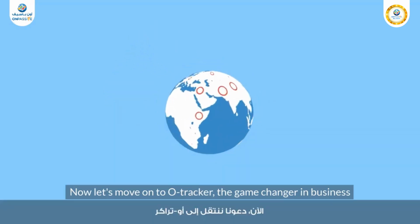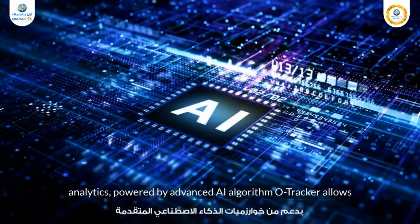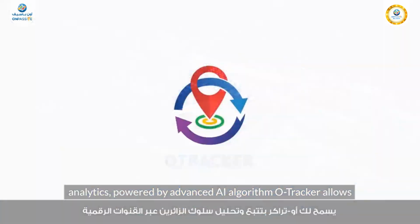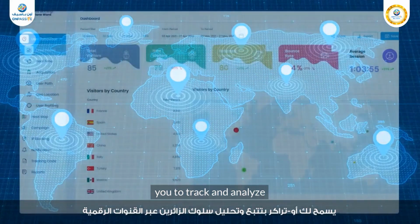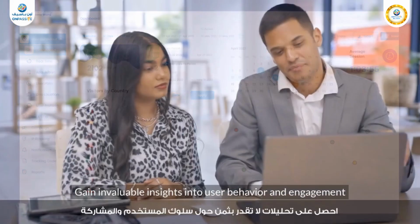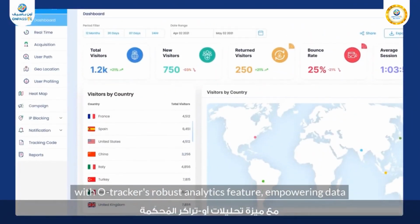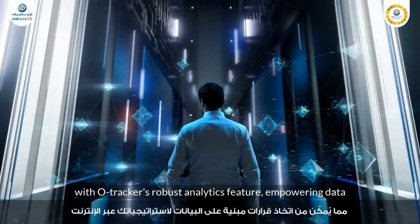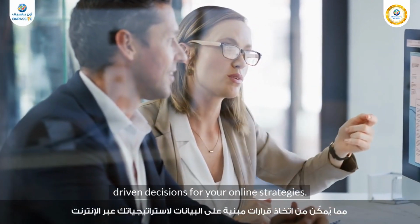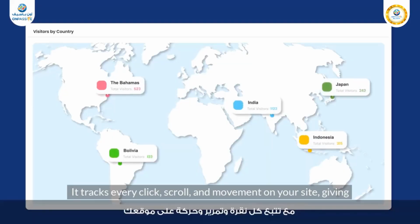Now let's move on to OTRACKER, the game changer in business analytics. Powered by an advanced AI algorithm, OTRACKER allows you to track and analyze visitor behavior across digital channels and gain invaluable insights into user behavior and engagement. With OTRACKER's robust analytics features empowering data-driven decisions for your online strategies, it tracks every click, scroll, and movement on your site, giving